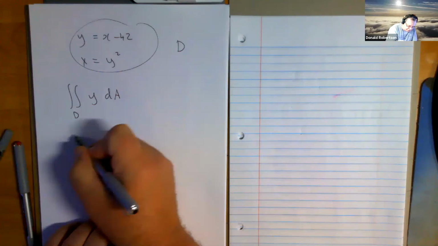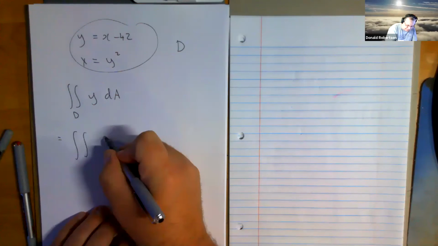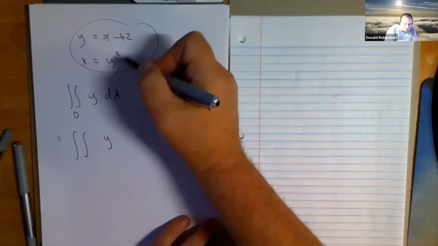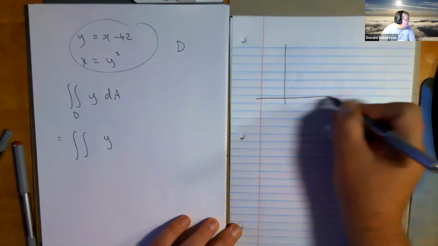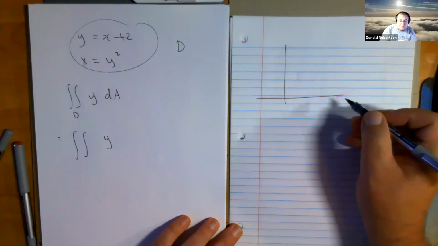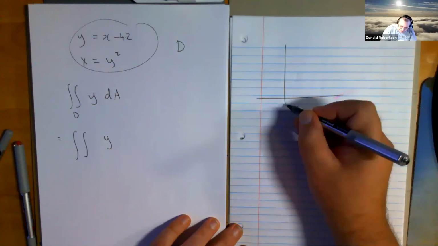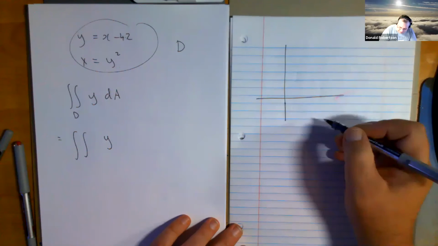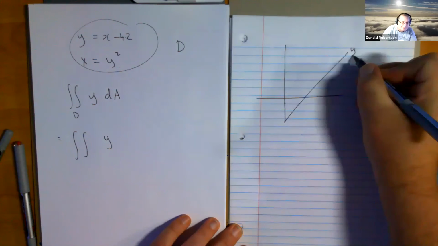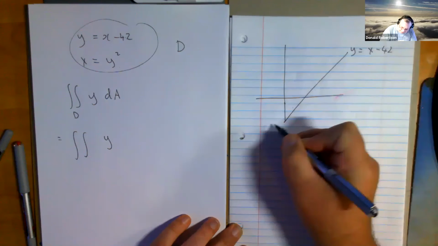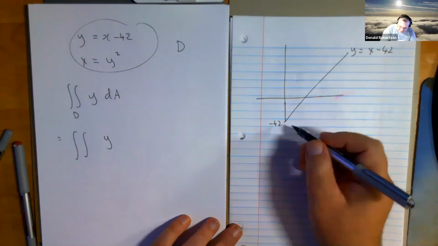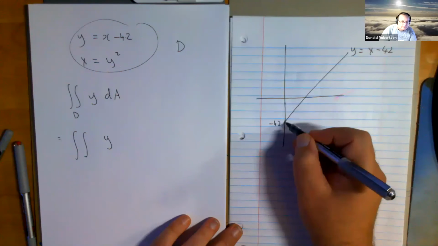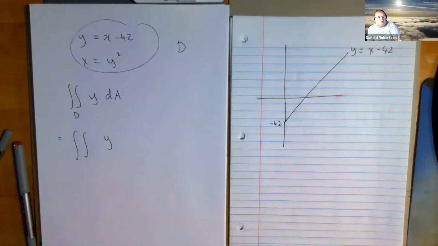So we've got a lot of construction to do. We got to figure out what does this look like, and I think you have to kind of do it visually to see what the heck's going on. I'm a bit surprised about the 42, which is nice. What would x take away 42 look like? It'd be a line like that, wouldn't it? You could use Desmos to figure it out. X equals y squared. Now, when you do x equals y squared,